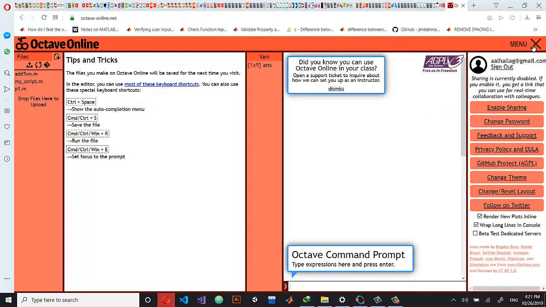So basically, I have already signed in with my personal mail. In order to make scripts and in order to use this Octave Online, you need to log in, you need to sign in to their system. So you will have Google Plus, I believe, and there is a custom way to sign in. Just sign in with your credentials and we're good to go. Okay, so if you have signed in,